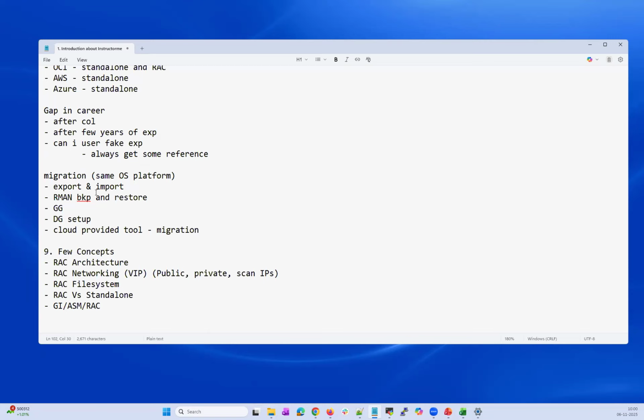Or in my local data center my database is running on Windows and I want to migrate it to cloud, where I'm running RHEL or AIX. So that also matters: is it the same platform or a different platform?